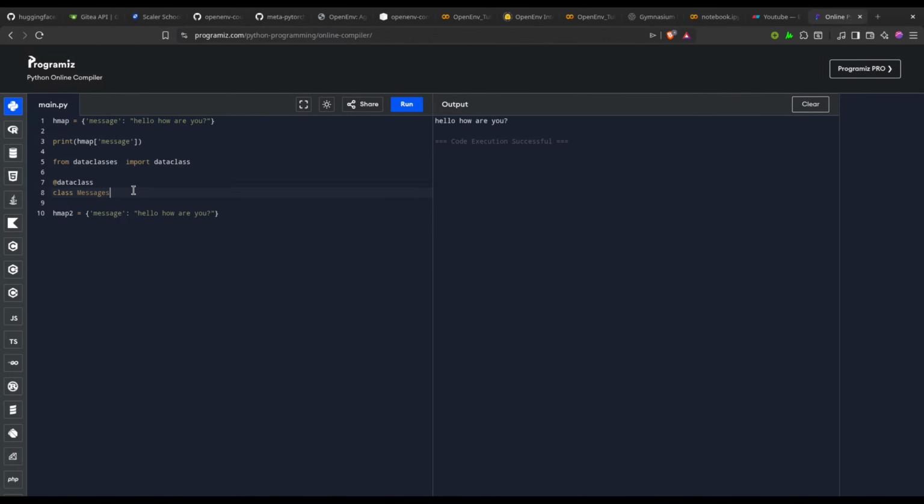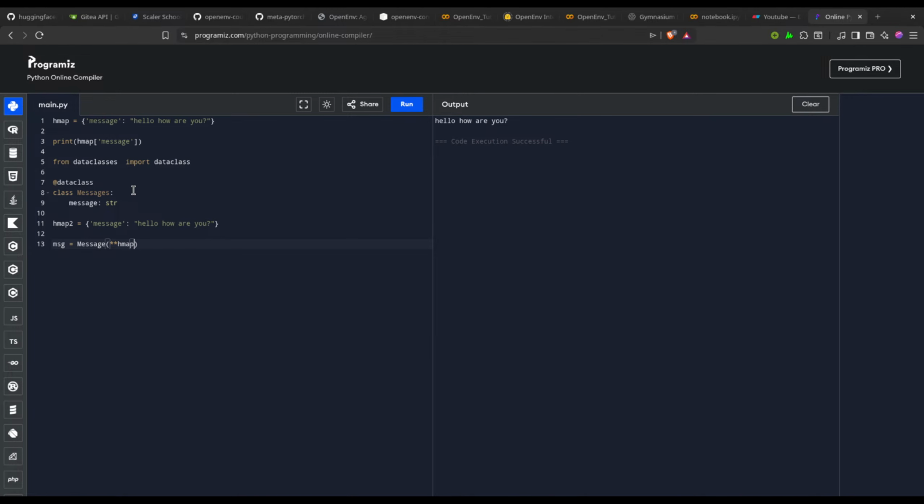Inside it we only have one thing, which is message. Its type should be str, a string. We can define it like this.